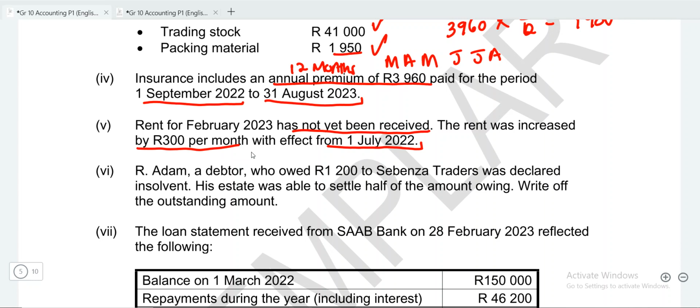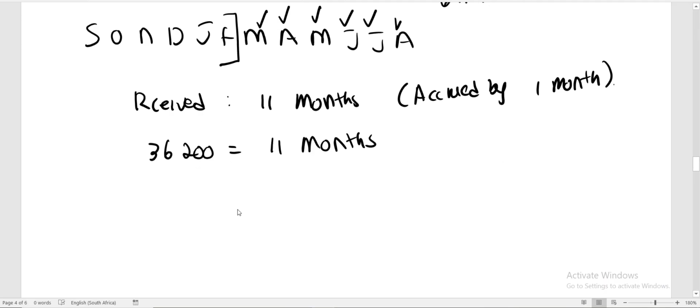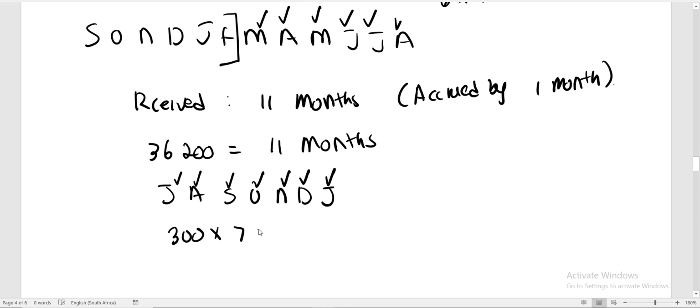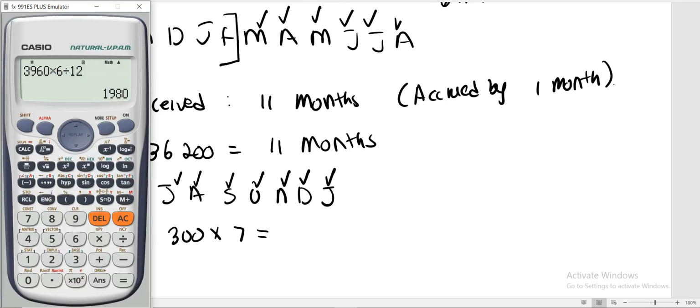So meaning that I need to calculate the increase from July up until January. Very important for you guys to know how to calculate those months. So if I say from July up until January, remember we're going to have July, August, September, October, November, December, January, because remember February has not been increased. So we have 1 2 3 4 5 6 7, so meaning that we have 300 times 7. So this 300 for 7 months has been included in that rent. So 300 multiplied by 7 is going to give us